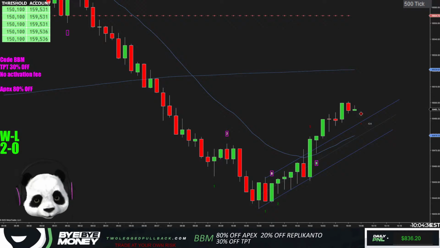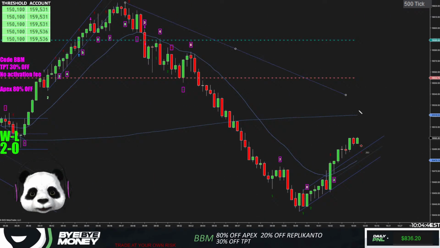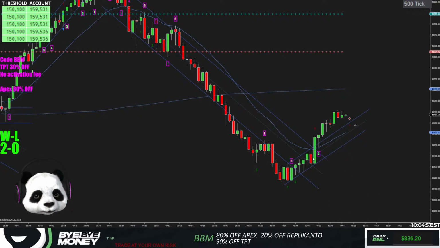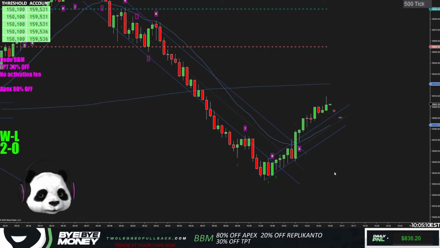I love where we're at though. Let's just keep calm. Man, that is tricky though, right? In my opinion, that's a really good trade. You got a huge downtrend, really strong downtrend. You can maybe even say we came off this trend line. That is a good trade. It's a shame that it doesn't work out. You do have an undershoot, which could lead to an overshoot, which is what's happening. I'm just thinking about how good of a trade that looked.